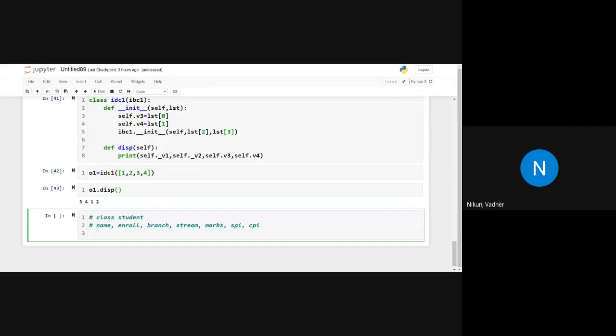In other object-oriented programming languages, you have used get and set property. This will help you in setting a particular attribute value as well as reading the particular attribute.